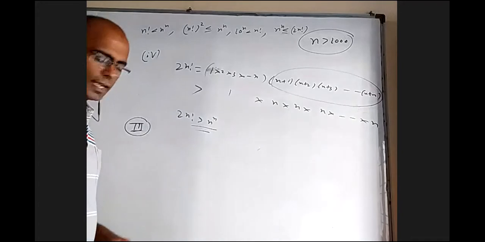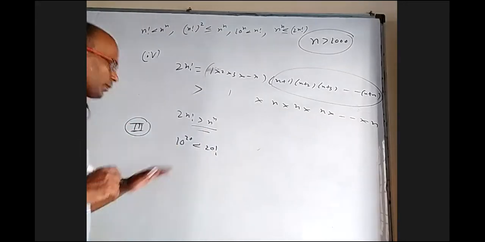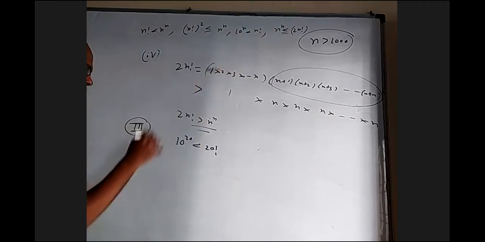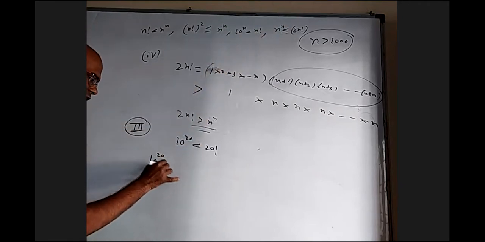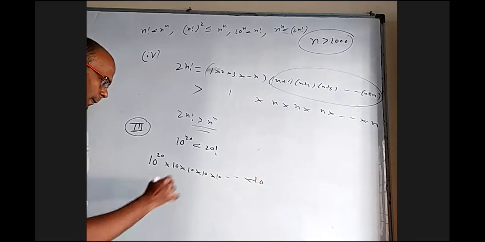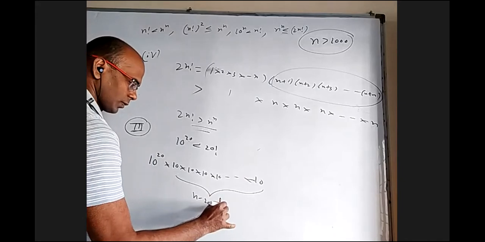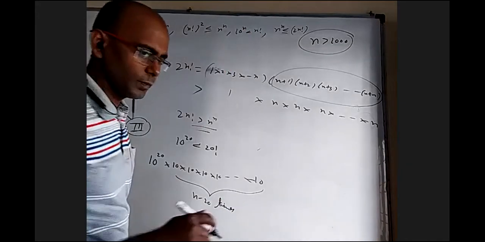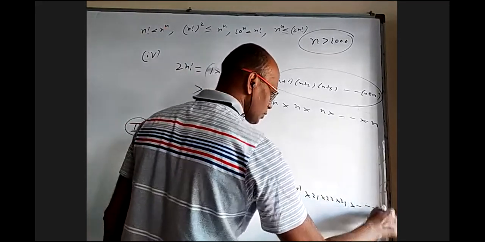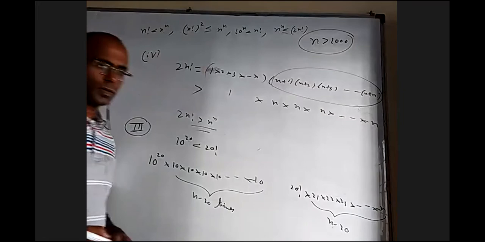So taking it as granted that 10 power 20 is less than 20 factorial, see how to prove it. Now, n is more than 20. So this 10 power n can be written as 10 power 20 into 10 into 10 into 10 and so on, how many times? n minus 20 times. And what about n factorial? I am going to write 20 factorial into 21 into 22 into 23 and so on up to n. These are n minus 20 terms.